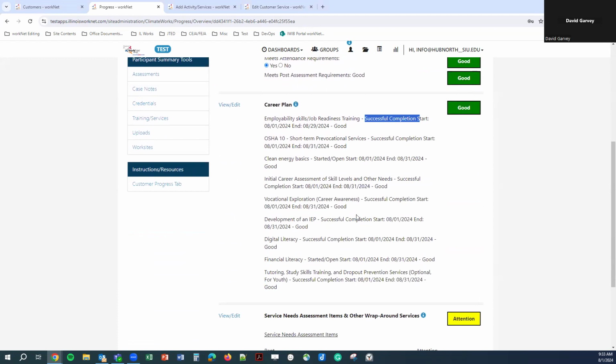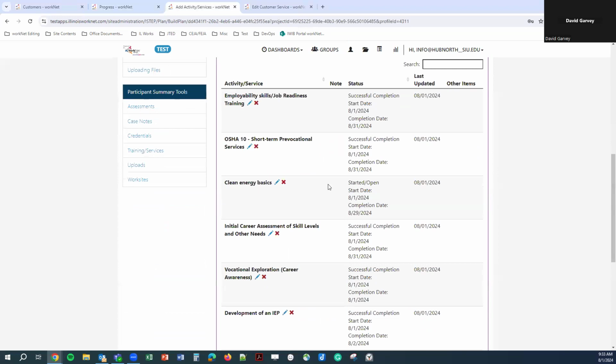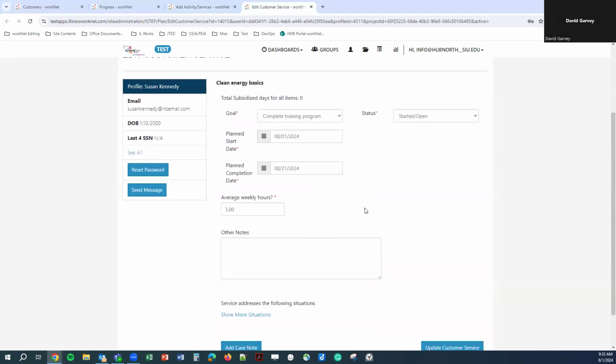And if we go back to where we can update them, we can see successful completion for a lot of these. But Clean Energy Basics is one that we have started open that we still need to update. So to trigger a red flag, for example, if I were to change the dates of this service to, let's say,